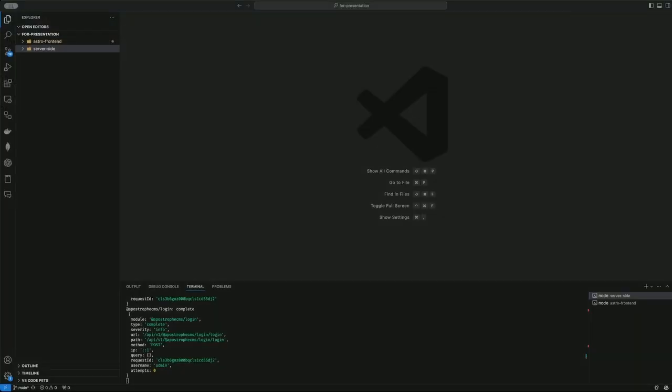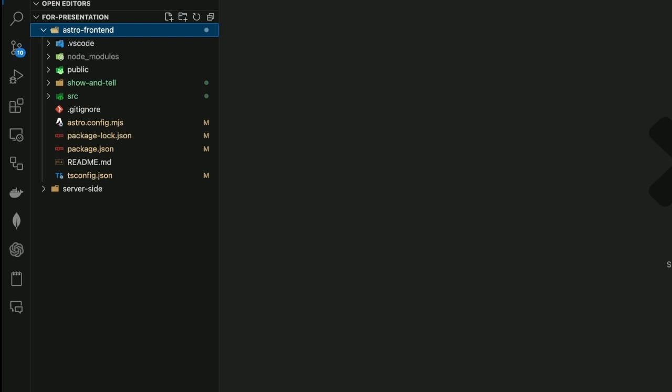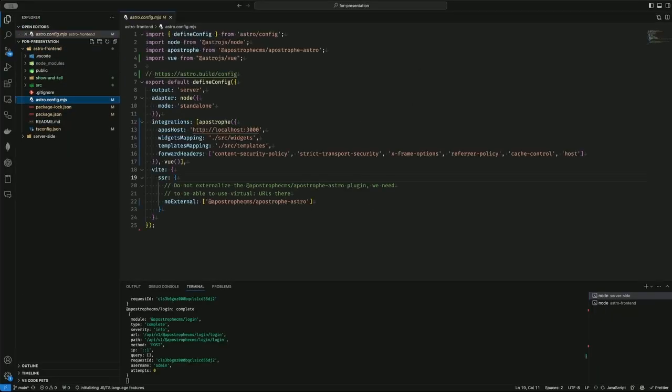Let's start next by quickly looking under the hood of an Astro project. Unlike the Apostrophe starter kit, the Astro starter kit is very valuable to get a new project up and running, and I highly recommend using it as a starting point. It has a few folders and files already in place to make development a little easier. It also already has the Apostrophe integration module as a dependency. So remember, this new module is installed on the Astro project side, not the Apostrophe project side.